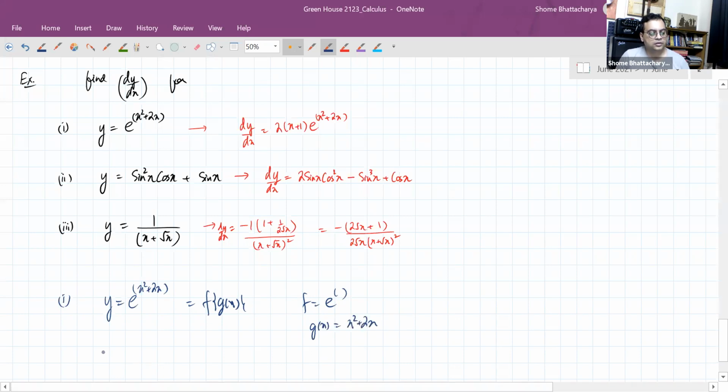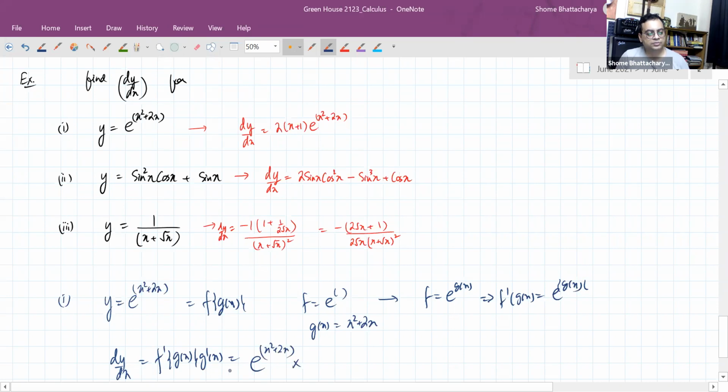this quadratic function. So dy by dx is f prime of g(x) into g prime of x. Now f is e raised to the power g(x), so f prime of g(x) will also be e raised to the power g(x). So this is e raised to the power x square plus 2x into g prime x, which is the differentiation of this, which is 2x plus 2. That's how we get dy by dx as